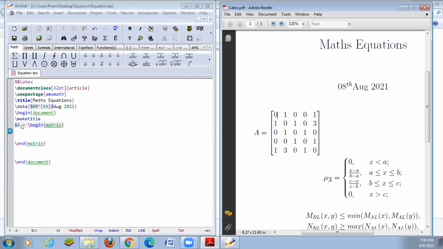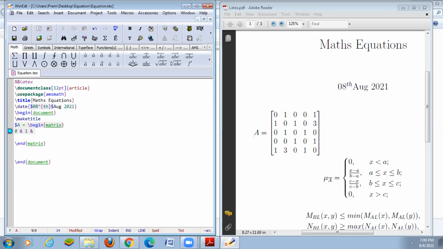So you just have to type the elements. The first cell element is 0, and then the second cell element is 1. Okay. So in between the values, we can use the AND symbol. So it makes the difference between the two cells. So first cell is 0, second cell is 1. Suppose we do not use the AND symbol, the 0 and 1 will both be in the first cell. Okay. So if we use the AND symbol, there will be a difference between the first and second cell. So 0 is the first cell alignment. So that means A11. So that means the 1 is A12, and then for the third cell alignment, you can use another AND symbol to differentiate between the second and third column values.